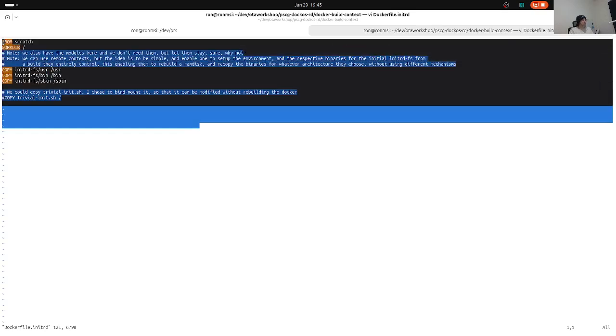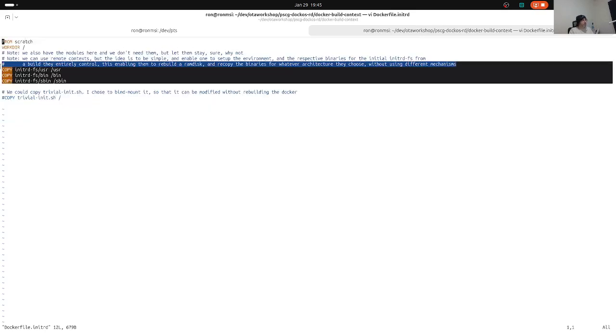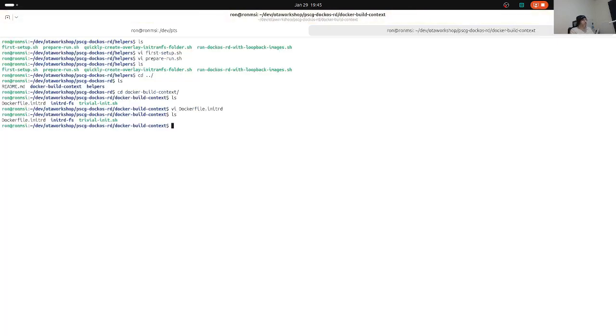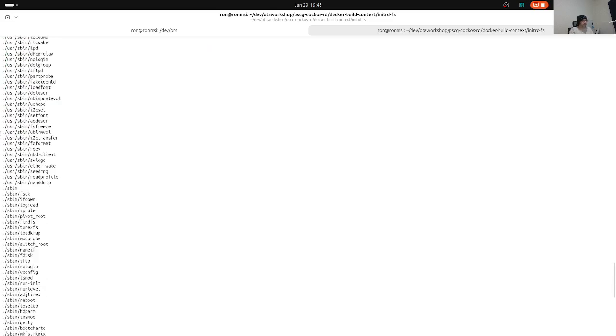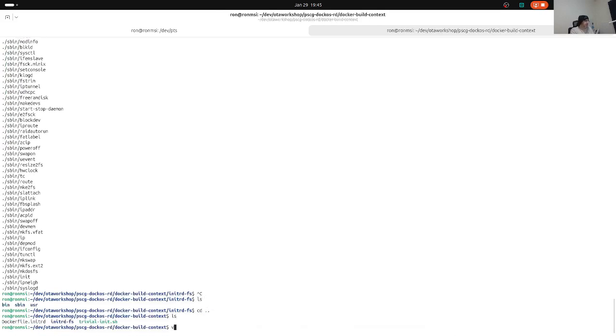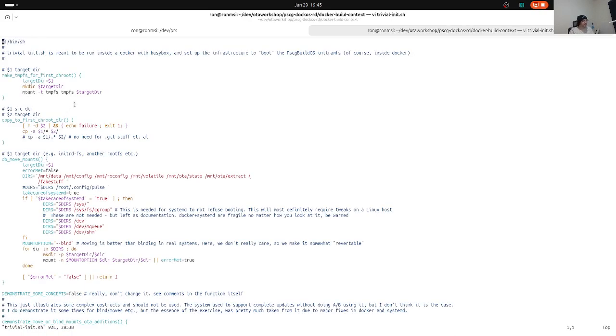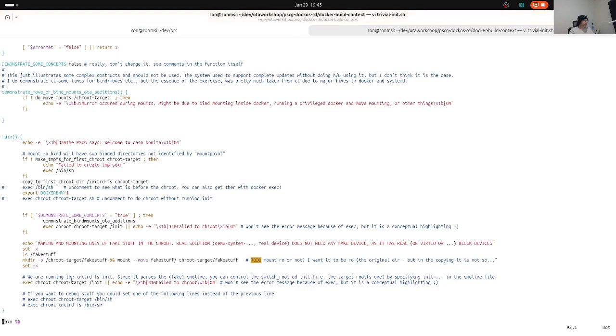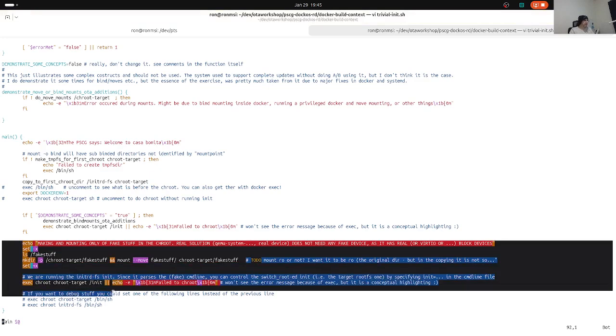So it doesn't do much. It starts from scratch. It takes a couple of files that are in this directory, in the initramfs, that basically enable us to run a script, so they have BusyBox. And trivial init does some things. It actually supports several things, but let's look at the one that essentially